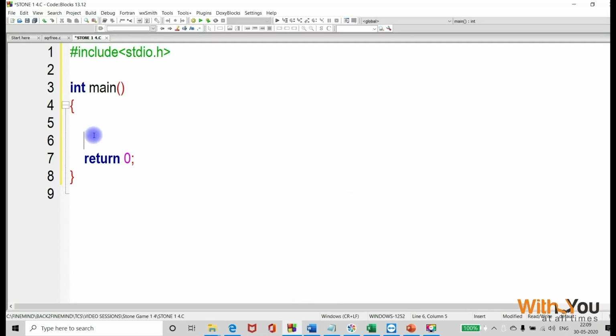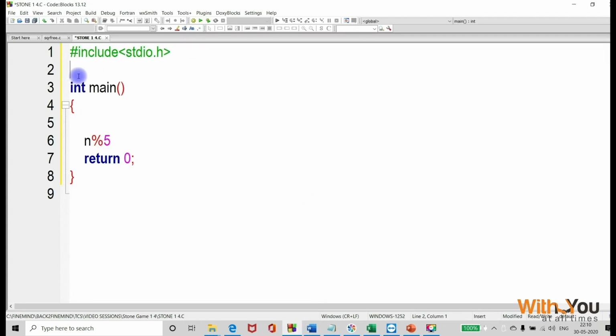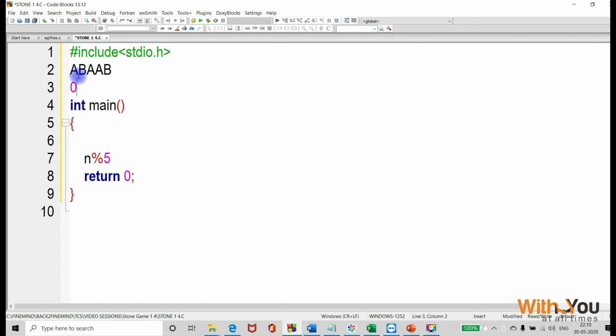So say, for example, n is what is being given. So I just say here n divided by 5. So what were the remainders? Don't make any mistakes. It's going to be ABAAB, that is 1, 2, 3, 4, 0. ABAAB, going to be 1, 2, 3, 4, 0. Keep it, nothing wrong. It's always good for you to remember how you wrote, how you solved it.